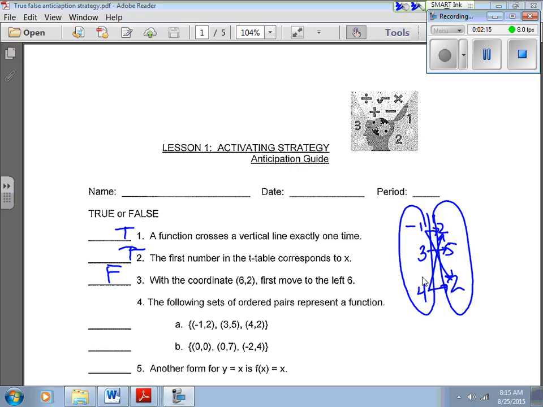These two right here are the x values, right? These are your y values. It's okay if two of these have the same y. It's when one of these here has two different y's, then it wouldn't be a function. Okay? So the following sets of ordered pairs for A is true. Okay, for B, if you look at that, every x